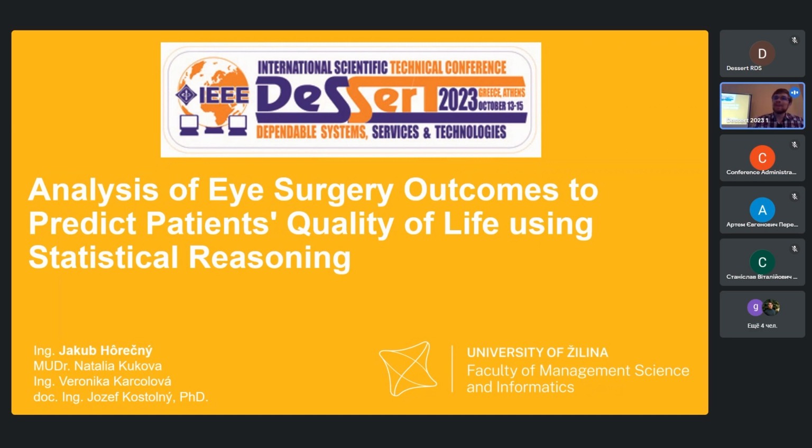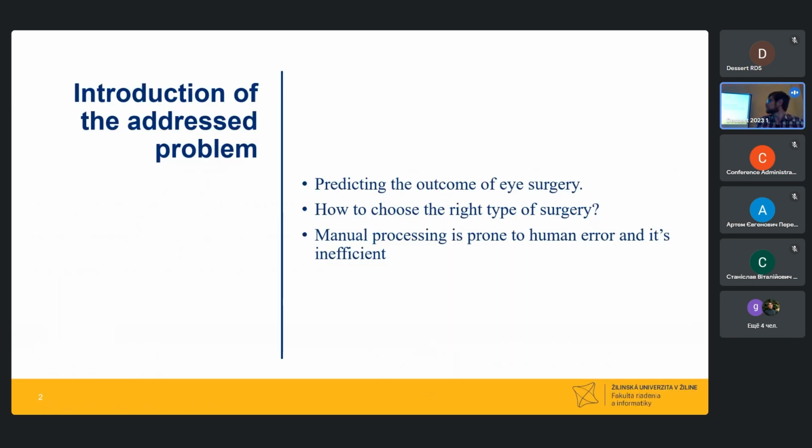Once again, ladies and gentlemen, allow me to introduce you to a topic of our research. And before we start, I will introduce the interesting problem in this research, and that's how to predict the outcome of eye surgery. Every surgery comes with a certain level of uncertainty, and